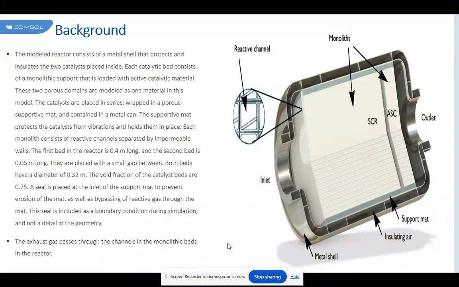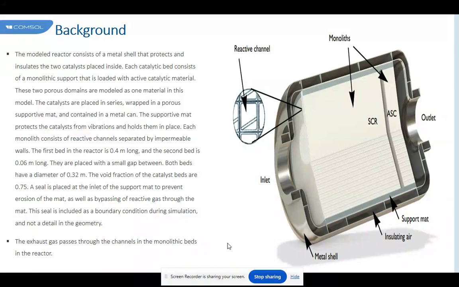The background. The modern reactor consists of a metal shell that protects and insulates the two catalysts placed inside. Each catalytic bed consists of a monolithic support that is loaded with an active catalytic material. These two porous domains are modeled as one material. In this model, the catalysts are placed in series, wrapped in a porous supportive mat and contained in a metal can. The supportive mat protects the catalyst from vibrations and holds them in place. Each monolith consists of reactive channels separated by